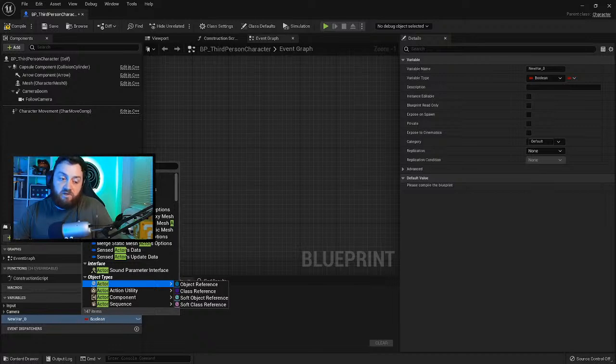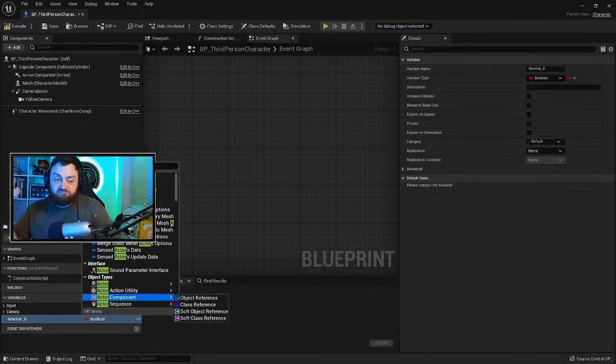Async loading blueprint. It could maybe, yeah. I said I've never had to use it. So